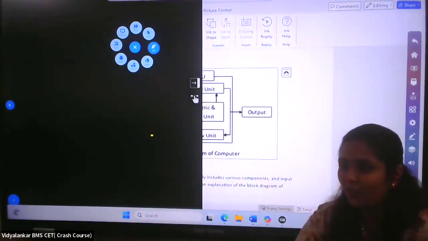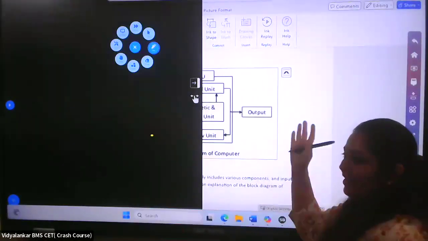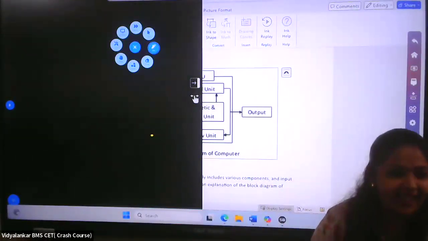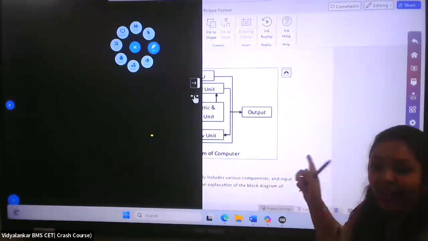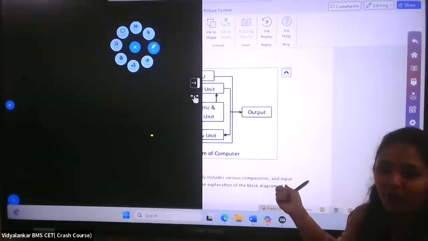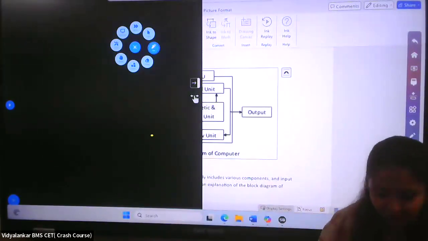वो आपको reading and writing दोनों करने देता है ना. मेरा word document open है. I'm reading. I'm typing. It is writing. And where it is currently inside whom? RAM or ROM? RAM. Is that clear?